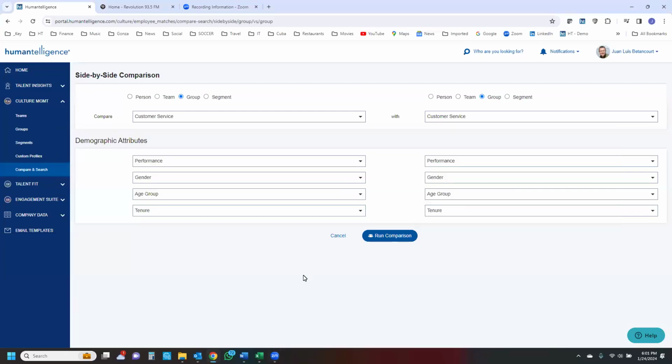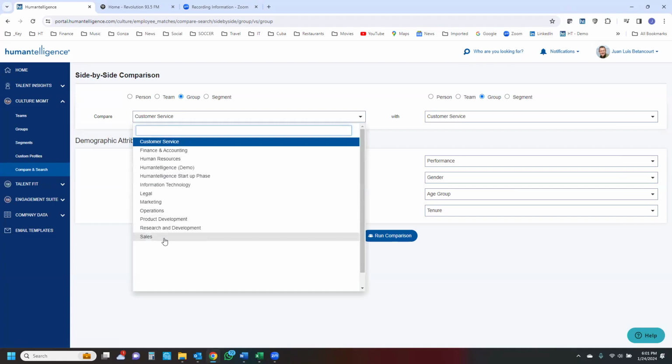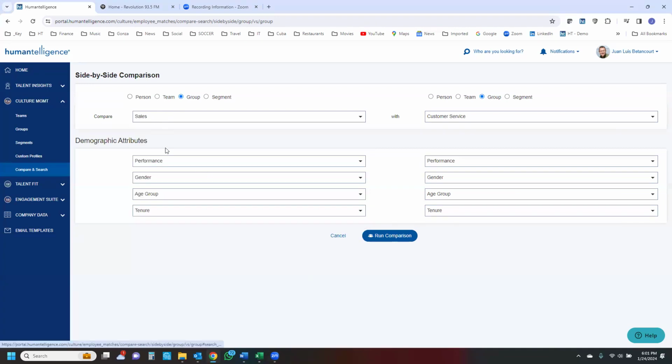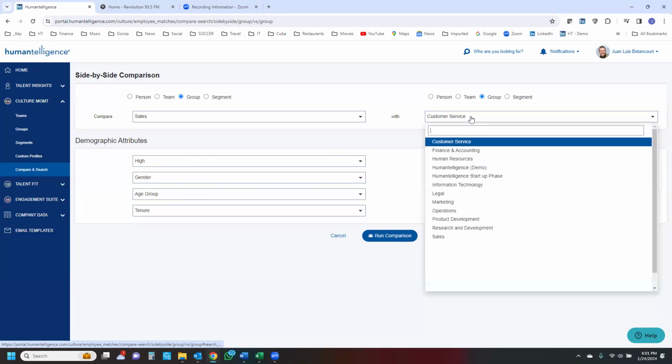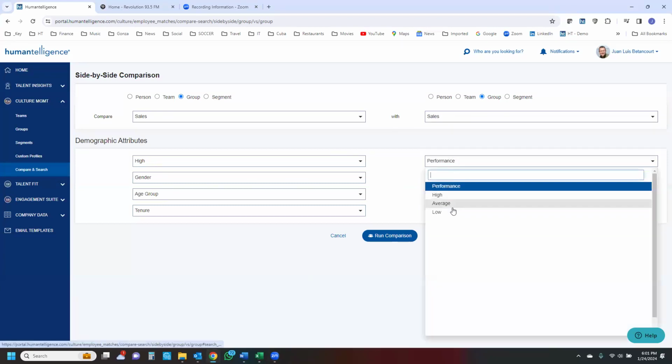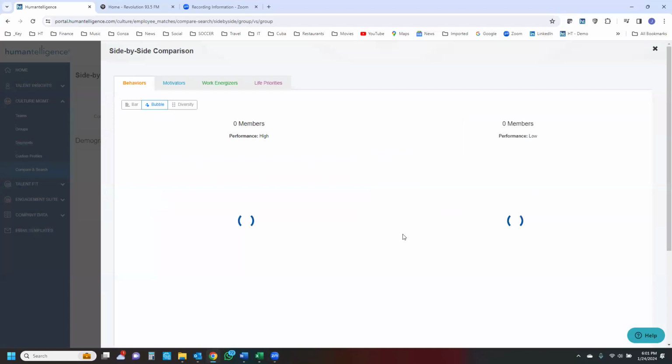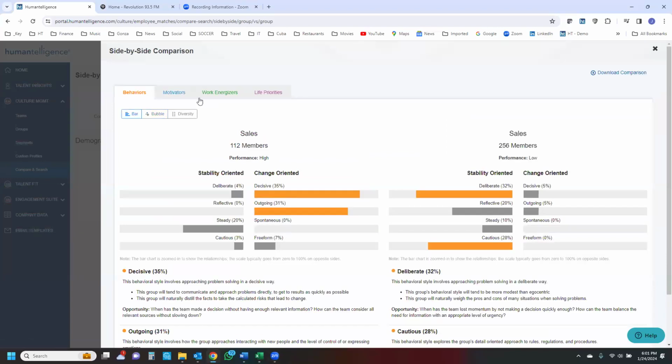Human intelligence for performance explanation. Our tool uses talent analytics to cut across any role where you can plug in your high versus your low performers, and you can explain why people perform. And so in this example, you can see